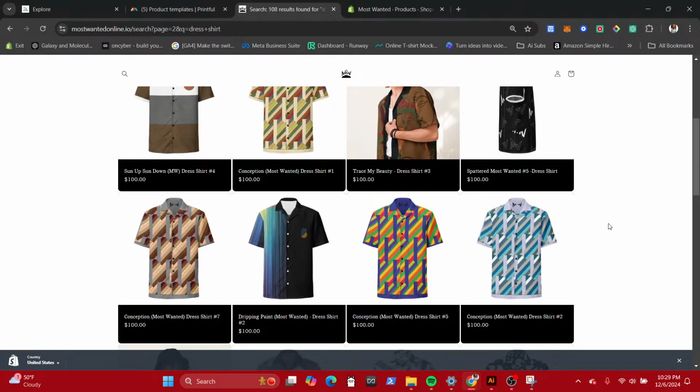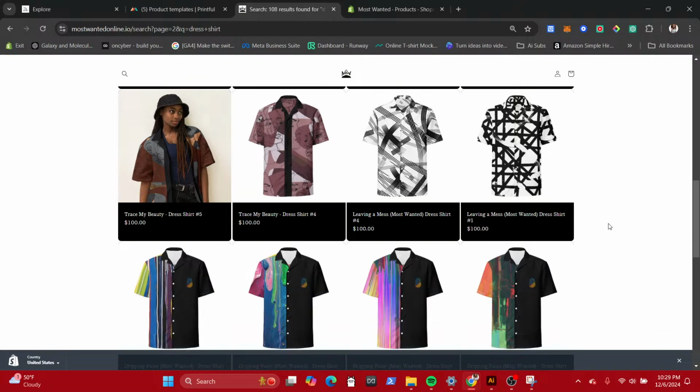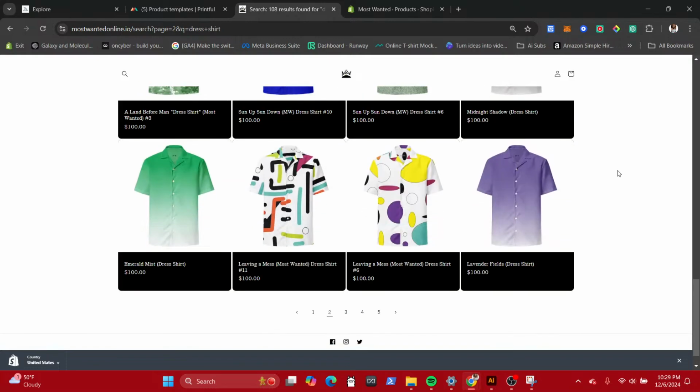Not necessarily forget, but recall exactly how it looked. I don't want it to be similar. These are the designs I'm talking about, the leaving a mess designs, the circles, when I was just kind of throwing stuff in. They're different, but I want to change it up a little bit.